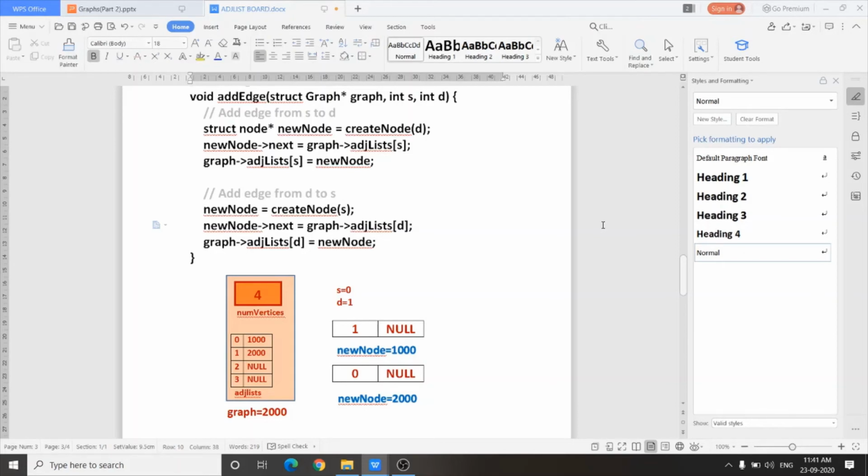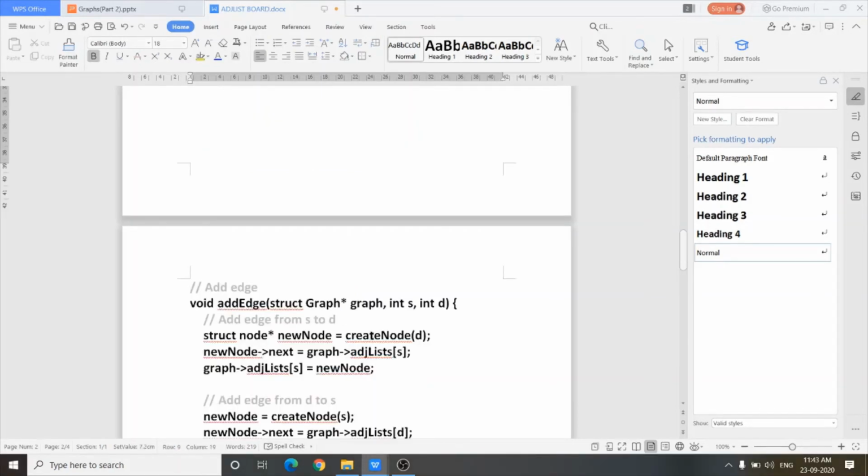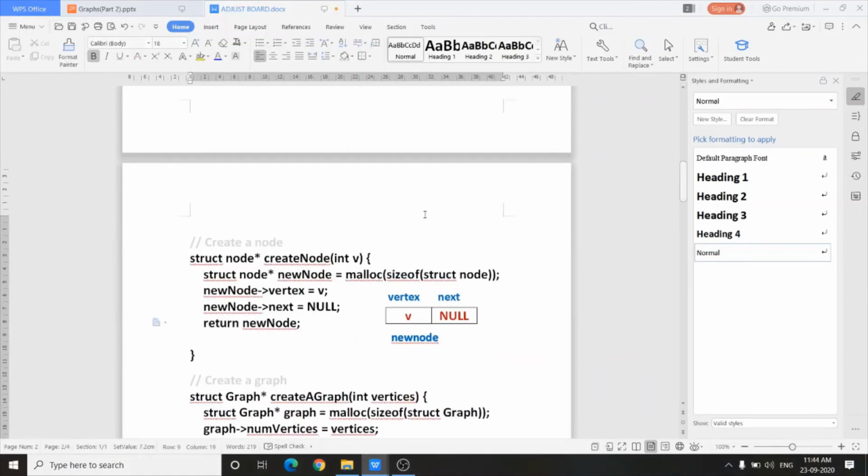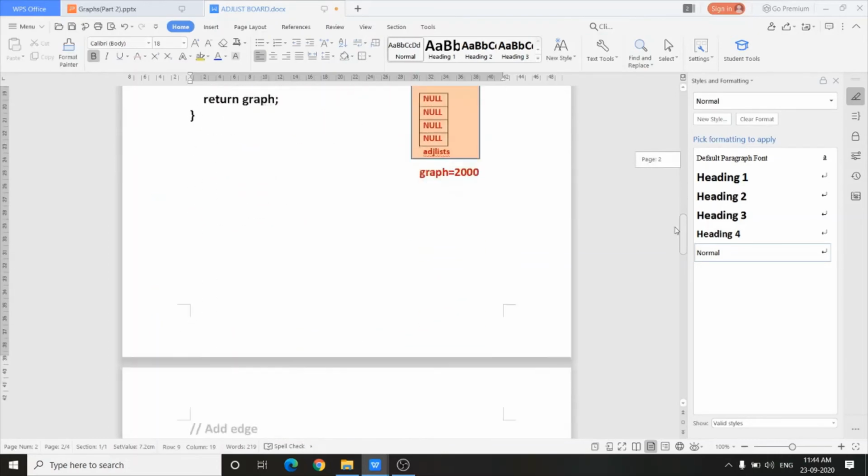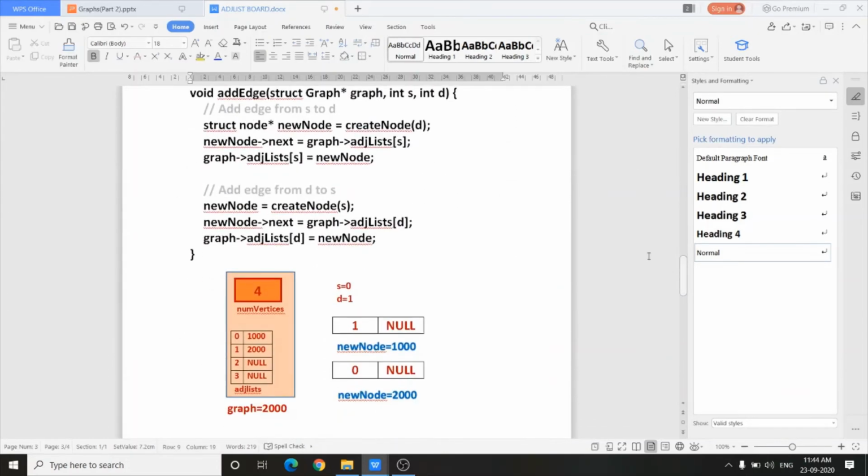Now see, the first time, I am calling the createNode function by passing the value d. When I call the createNode function by passing the value d, the info is d, that is the vertex value is d. And what does this function return? This function returns the initial address of the newly created node. So this address will be stored in the variable newNode. So this is our new node.